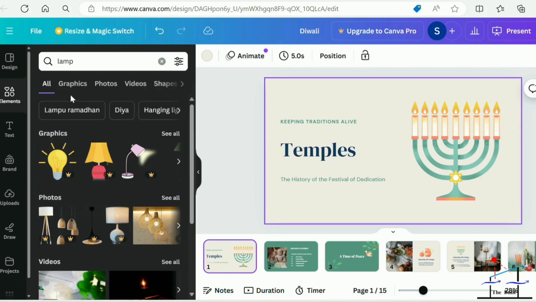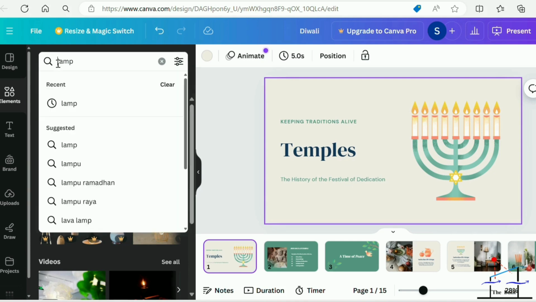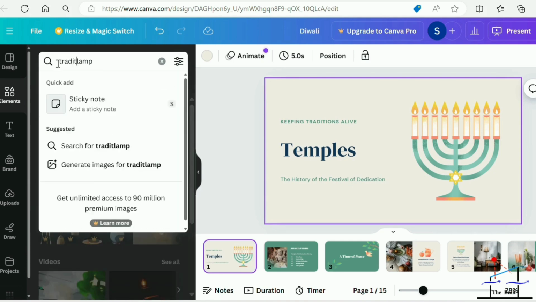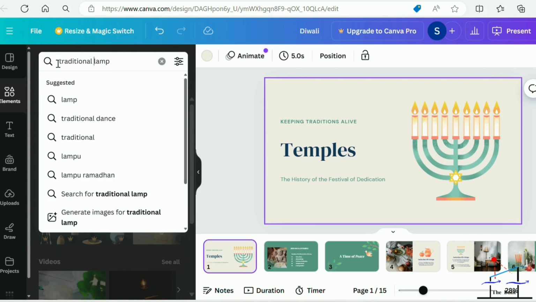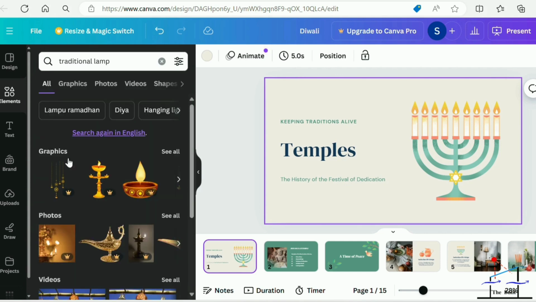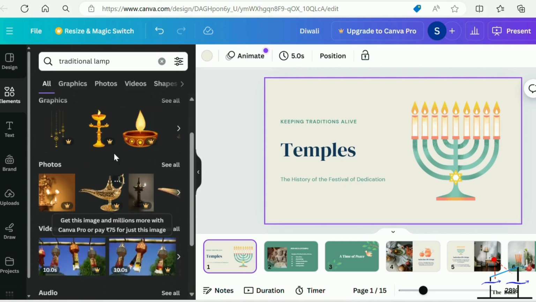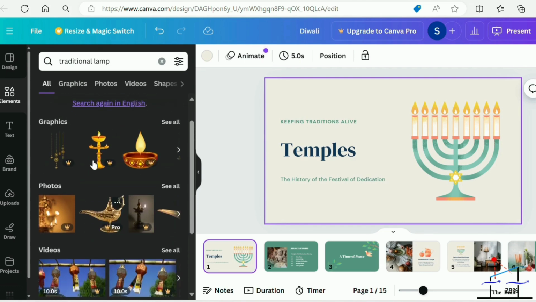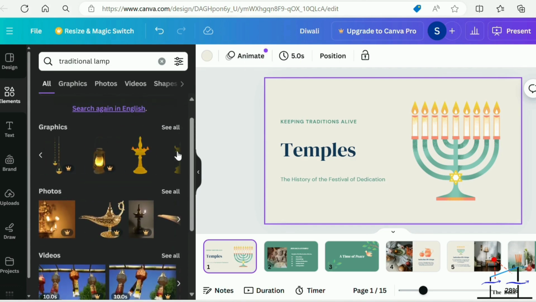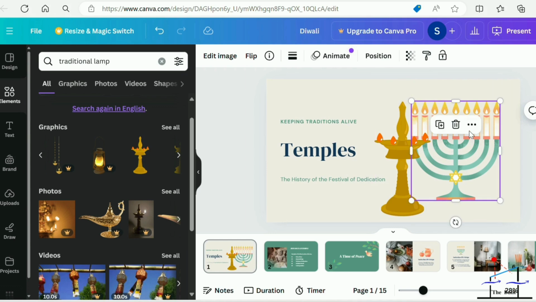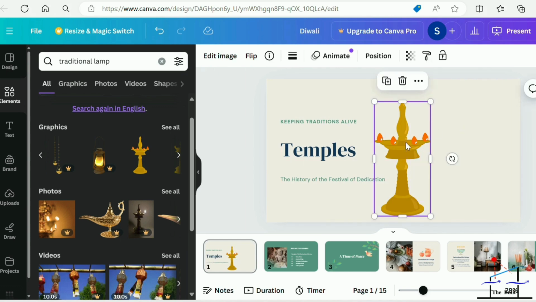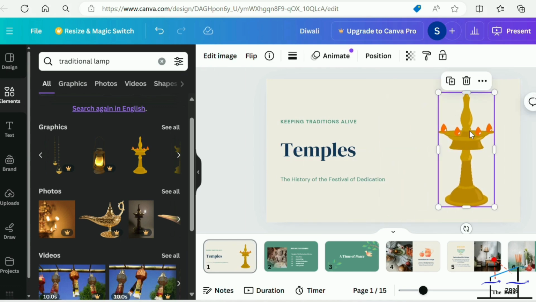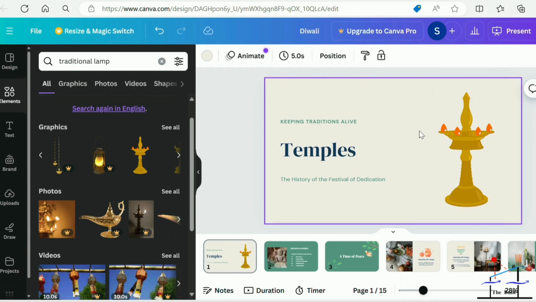like a GIF. Here I am searching for lamp as my theme is temple. You can use the traditional diyas to match the theme. Okay, so here there are many stickers which we can't use due to the pro version. We don't have a pro version over here, but still there are so many graphics that we can use. And as a student, I think it's more than enough